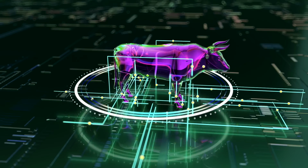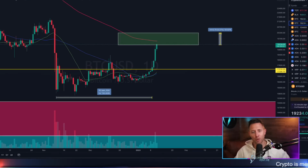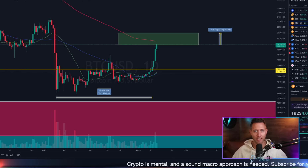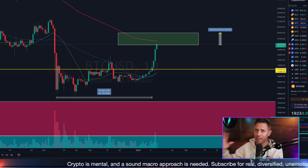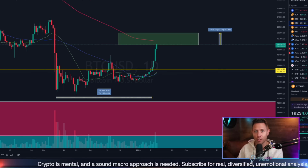Bitcoin bull is absolutely roaring to the upside right now. Here's Bitcoin on the daily chart. Look at these consecutive green candles. We really like to see it in a bear market as we try and navigate our way through here. I want to discuss in this video, is this the real deal? Is something special happening on the short-term daily chart that really translates to the macro in a good bullish way,